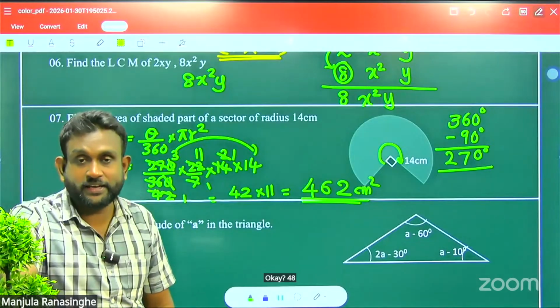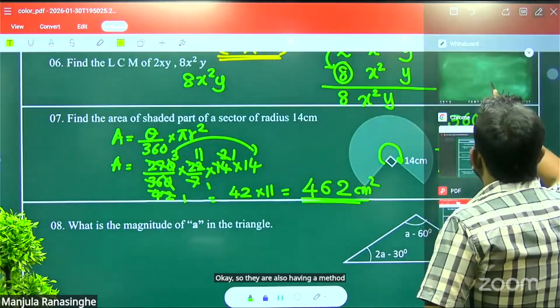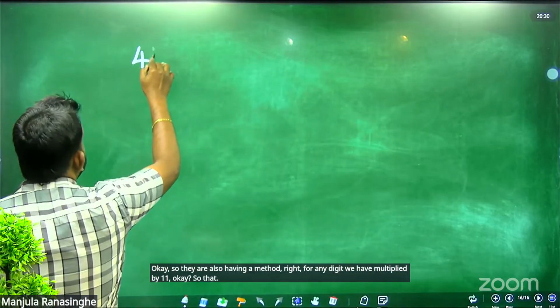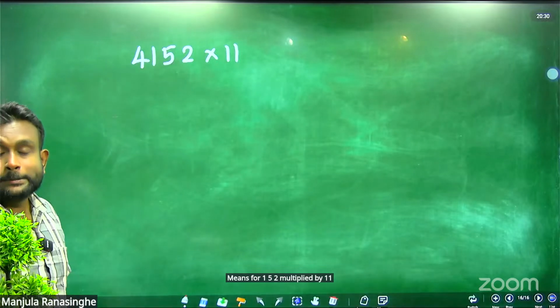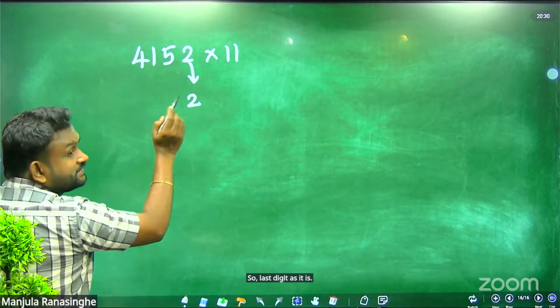4 digit number multiplying 11. Yes, sir. Okay, so they are also having a method, right? For any digit we have multiplied by 11. Okay, so that means for 4152 multiply by 11. So how to do? So last digit as it is, 2, then take the pair of